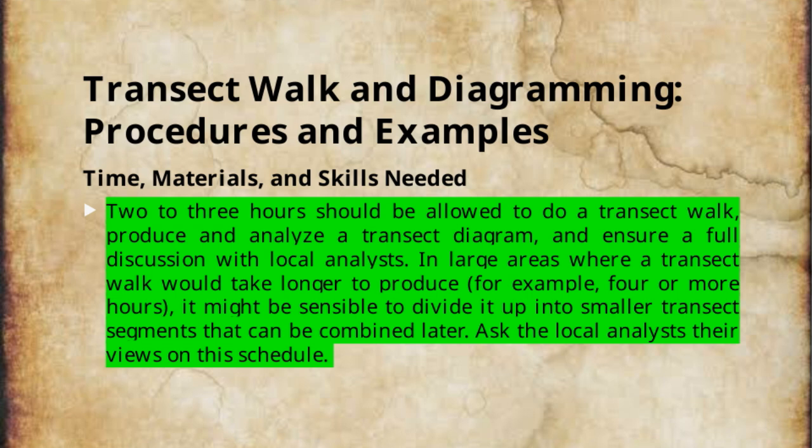The process involves careful observation along the transect, recording what you see, and then translating those observations into a diagram. This diagram helps visualize the spatial relationships and patterns within the area. Remember, the goal is to gather meaningful data efficiently while fostering a collaborative discussion with local analysts. This approach ensures the transect walk is productive, and the diagram accurately reflects the area's characteristics. Connecting these steps to our overall theme, it's about building a shared understanding of the landscape through systematic observation and